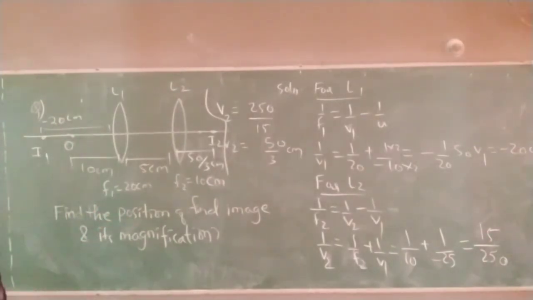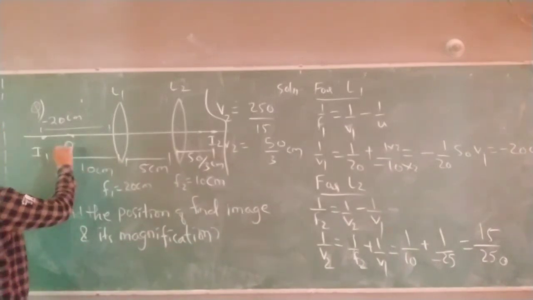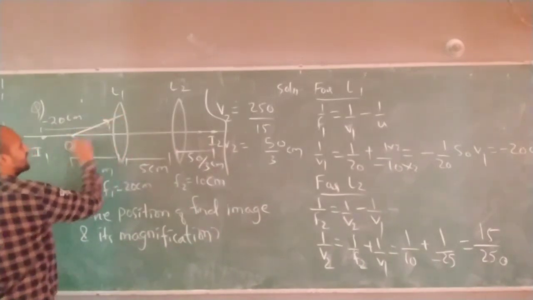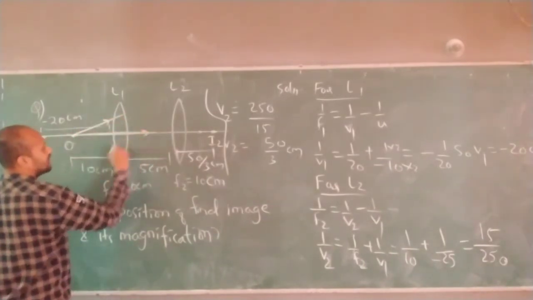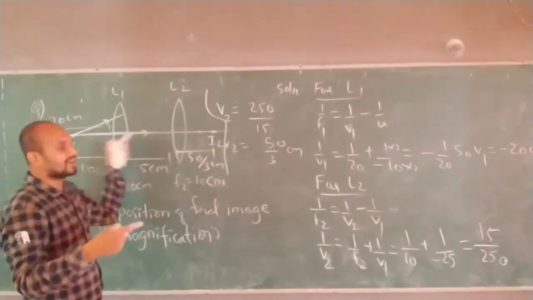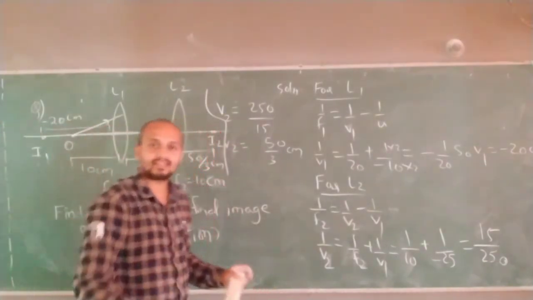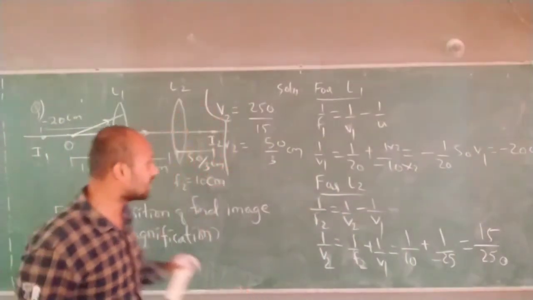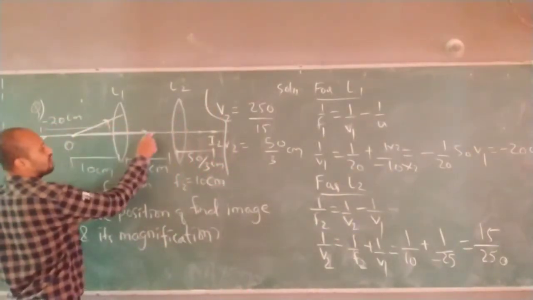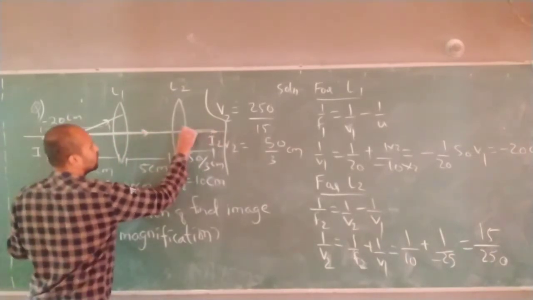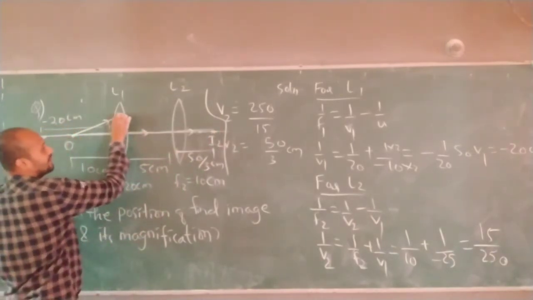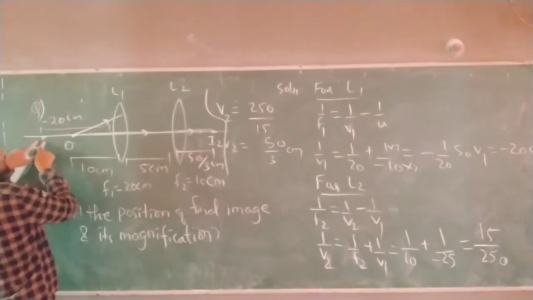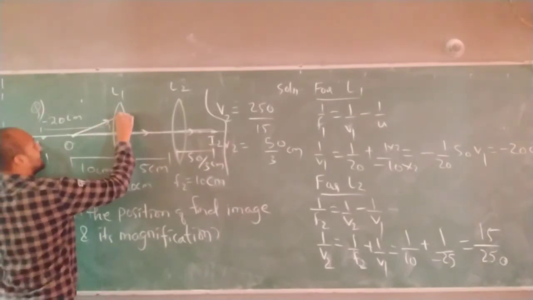I found that out. Next, if I trace the rays, one ray is traveling like this, one ray is traveling like this. Wherever the refracted rays coincide, the image is there. Wherever the incident rays coincide, the object is there. Now one ray will go like this, and after refraction it will keep moving straight. Another ray, let's say, is moving like this. Now the first image is formed here, so what can I say?